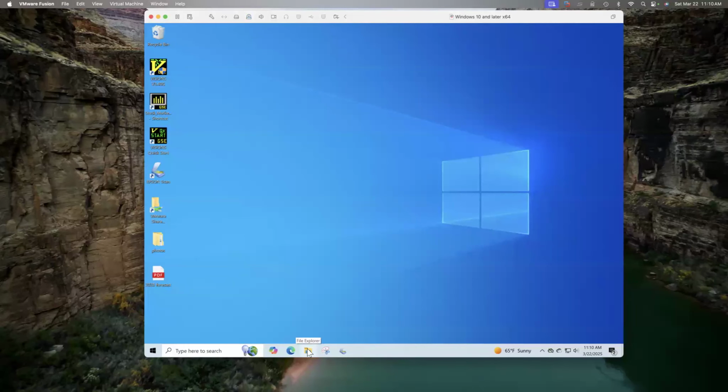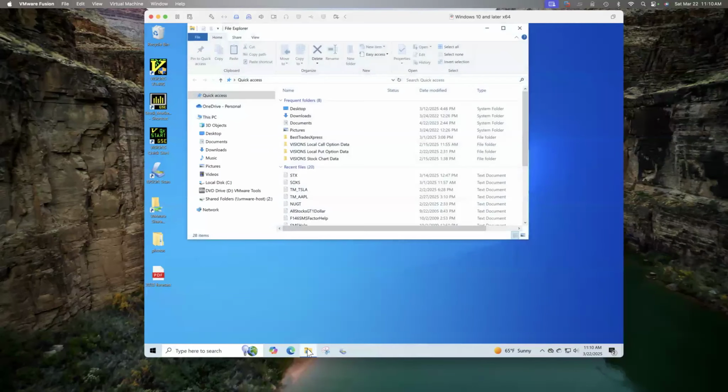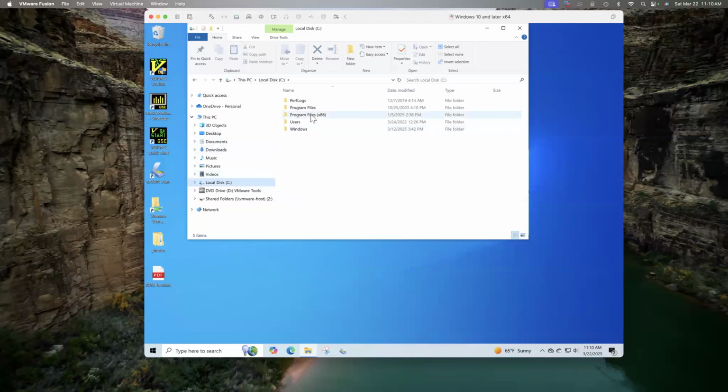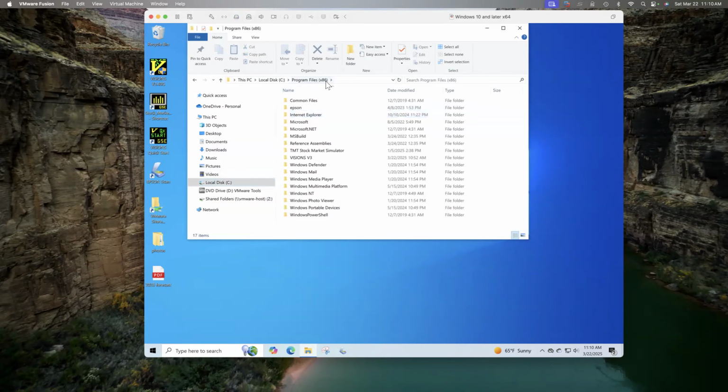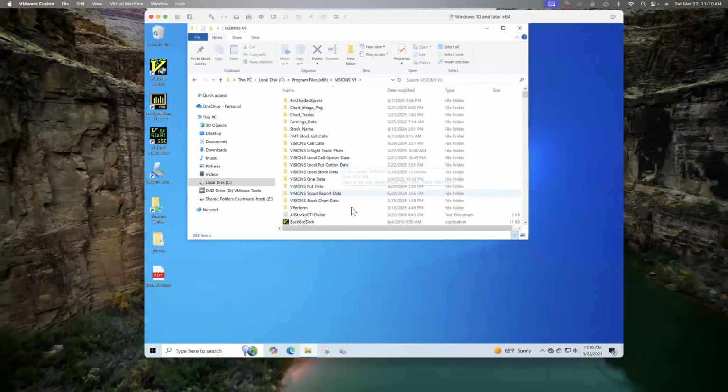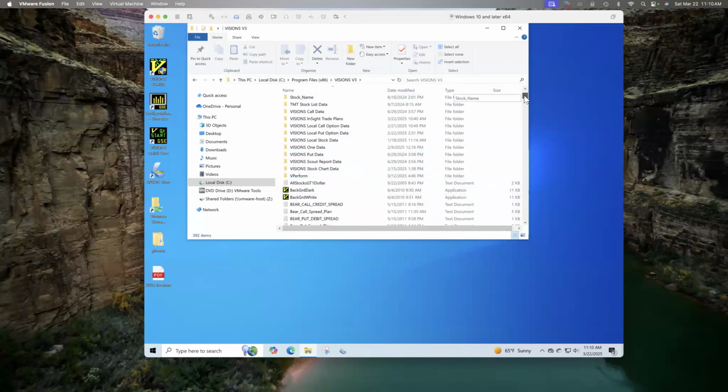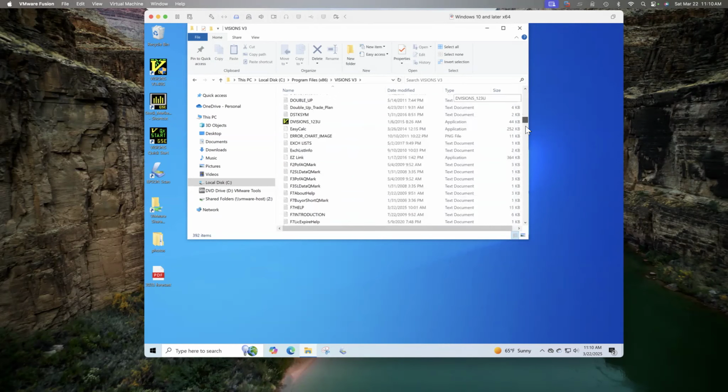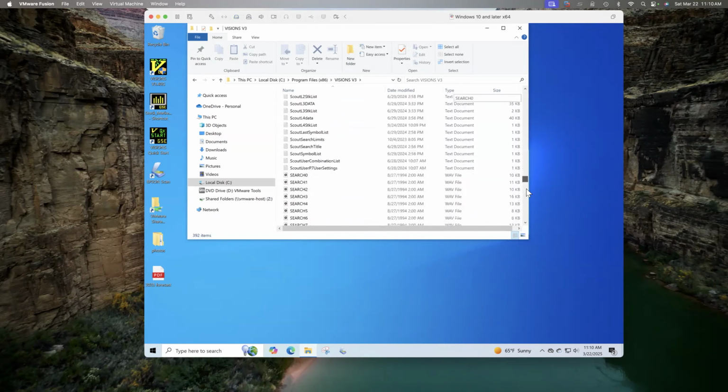Down here, I've got the File Explorer. So when you go there, it's under C. Find C, and then under Program Files x86, there's that Visions V3 folder. And so what Ron's saying, I think I've got an example right down here.